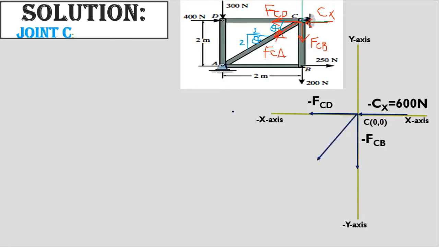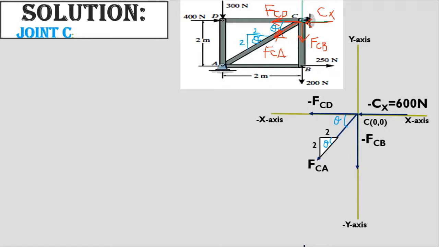There is an inclined force FCA, and I am going to draw a triangle over it. This is 2 and 2, and we have to calculate the angle of FCA. So how can we calculate the angle? I have already told you, this is theta, and we have to find out this theta. If I am drawing here, this is theta, so this will also be theta. So we have to calculate this theta first. How can we calculate it? If this is theta, this should be the base, and this is the perpendicular. But I think there is no issue here, because both sides have the same magnitude.